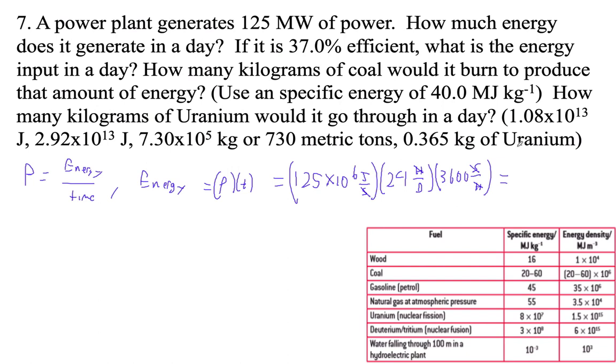Okay, so 125E6 times 24 times 3,600 gives us a really big number. That's 1.08 times 10 to the 13th joules. Okay, so that's that. Now